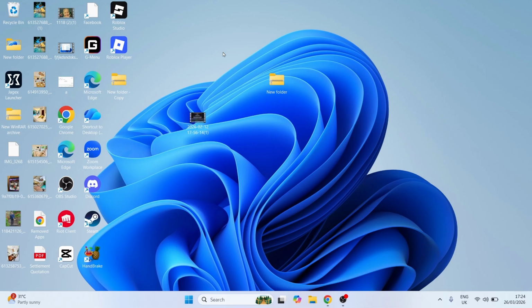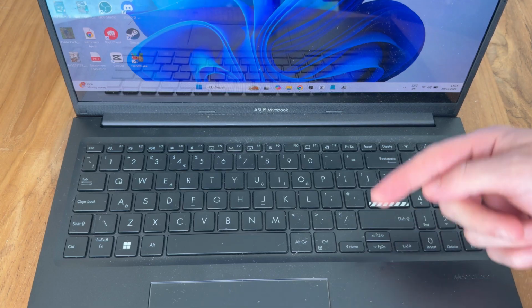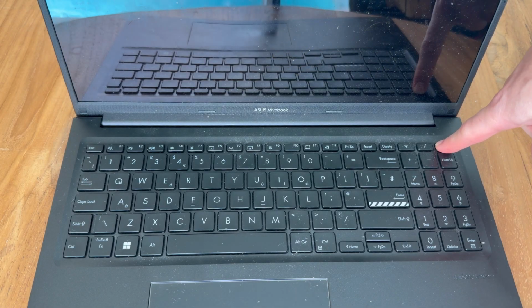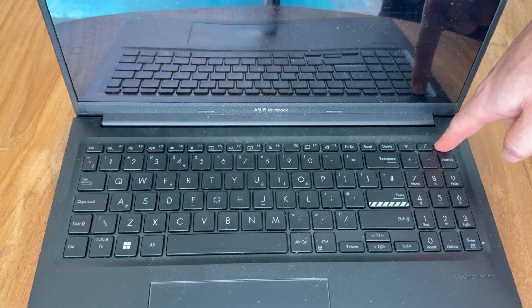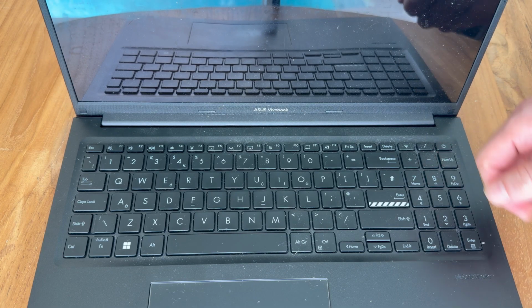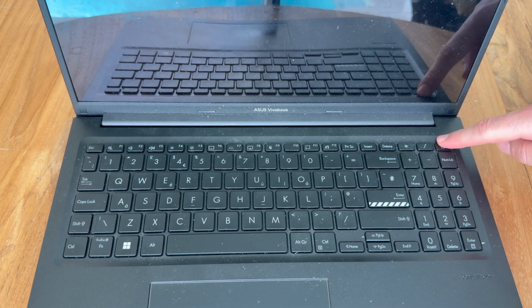Now if it's still not working, we can perform a soft reset on the device. To do this, just hold down the power button on your laptop for around 60 seconds. Even when the screen goes black, continue to hold the power button down, and after 60 seconds have passed, you can then release this button, restart your computer and check to see if that solves the